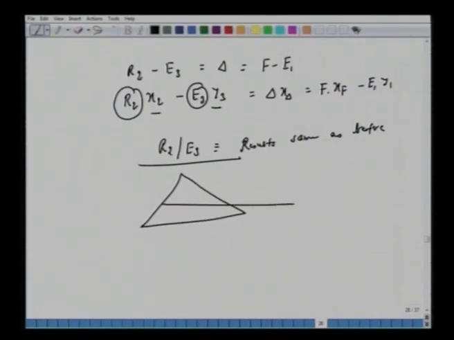Any operating line connects like this. The ratio of any points here between these two segments, they are in the same proportion as the amount of two streams here. Okay. So this example, what we have taken, the last example, is on multi-stage counter current. Okay. And all such examples related to multi-stage counter current, they rely on this location of del, difference point. This is very similar to again our distillations which we did earlier.